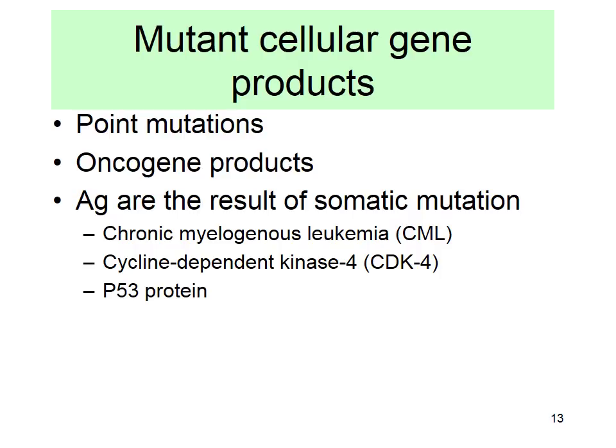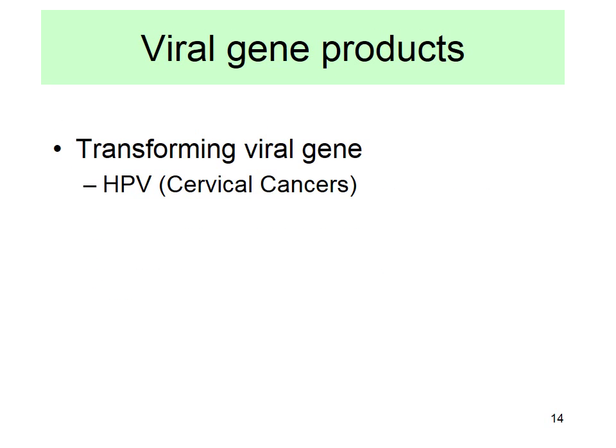We have oncogene products, and some of the antigens are the result of somatic mutation. Remember, somatic mutation was something good. We thought it is important, so you can produce more antibodies, you can produce more T cells with a very specific epitope. But the same mechanism, which causes genetic diversity, can also cause problems. So you may have cancers, for example, chronic myelogenous leukemia. You can have a deficiency of some of the proteins or overexpression of these proteins, and they will cause a problem. As far as viral gene products, I just told you, HPV is the major cause of cervical cancer.